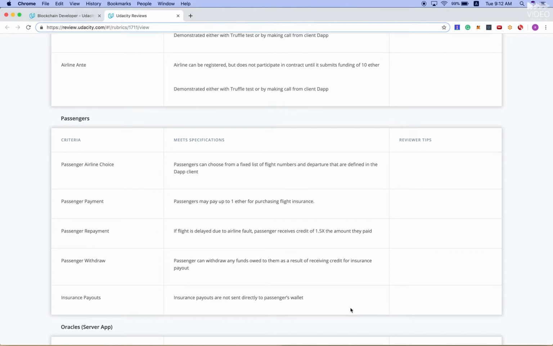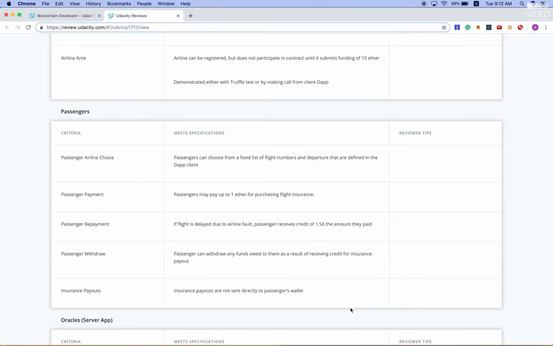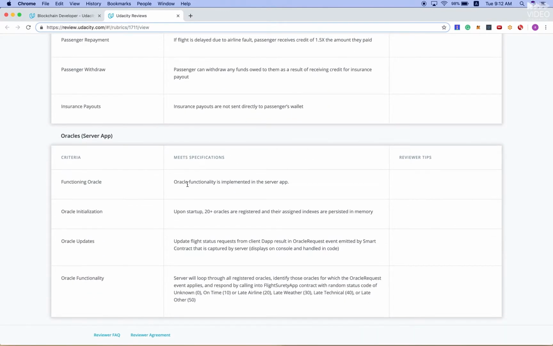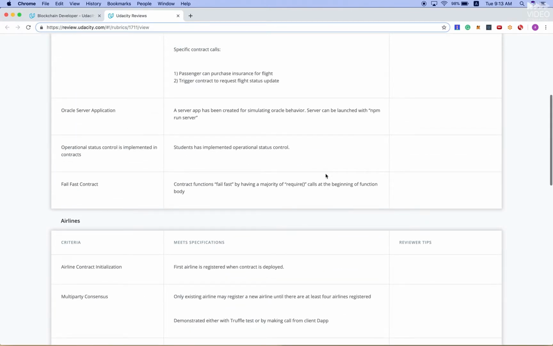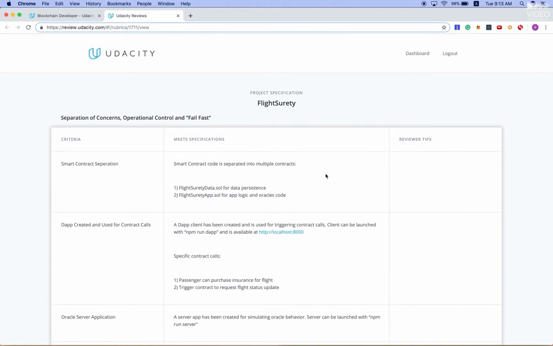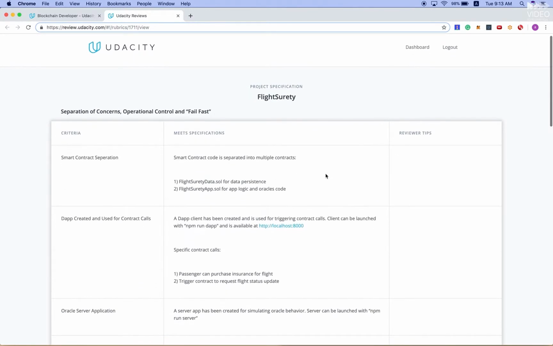After that, I suggest that you start working on the oracles. So work on the oracles again. For these ones, you need to implement tests to prove that they work, and they should also work when you run the server. So both things: all the specifications here have to work in tests that you need to implement for each specification, and also in the app when we run the server.